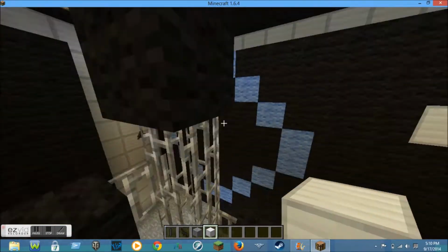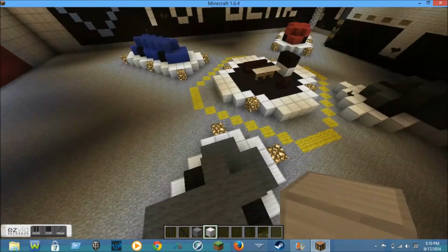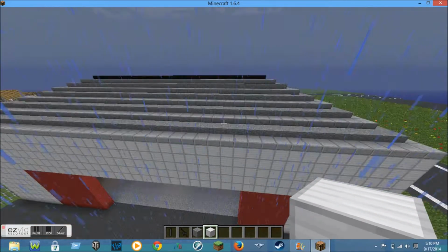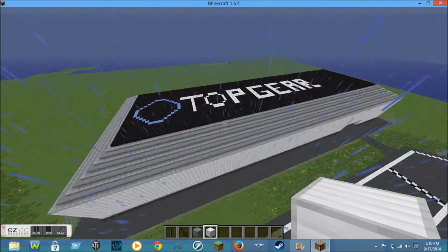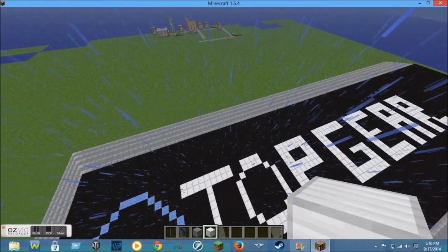Here we have, I think it's a microphone thing, but lights, more blobs, etc. And when we come out here, there's the race course, and up top we have the Top Gear sign, and a village way over there. See it? See it way over there? You see it? Anyways, so